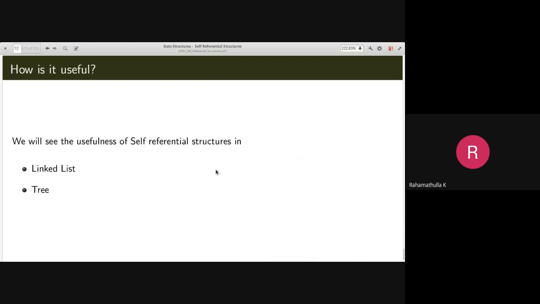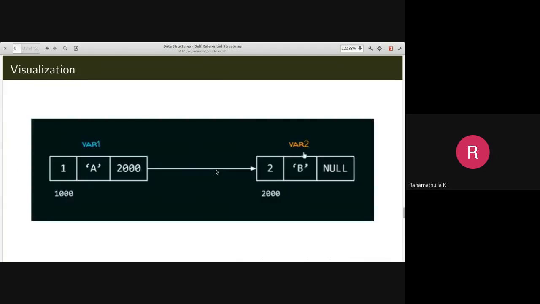Now let's see how self-referential structures are useful. We will see the usefulness of self-referential structures in many places in the different data structures which we are going to discuss in the next few classes. Like we'll be talking about a linked list. It's just a list of structures, just like what we have seen in the previous example.